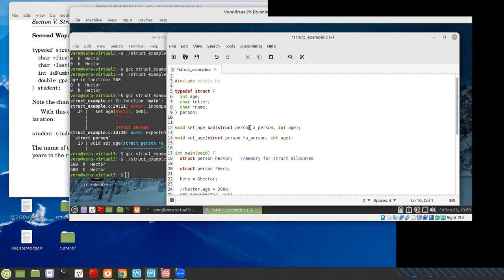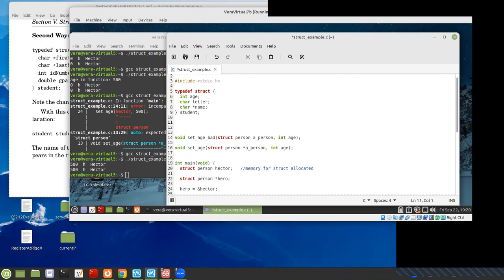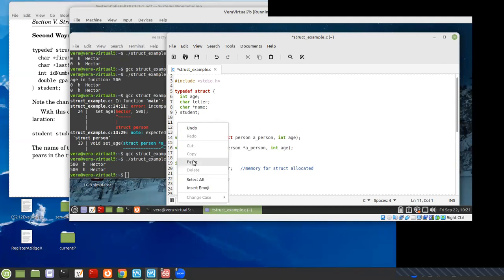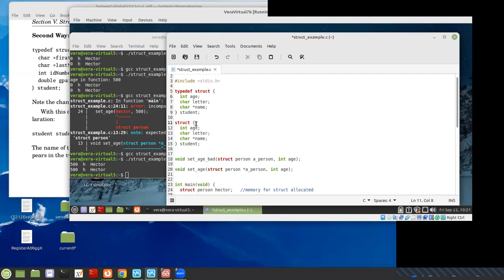Now, let me call this student, and then leave the rest so I don't mess up the rest of the program. So everything should work as before,